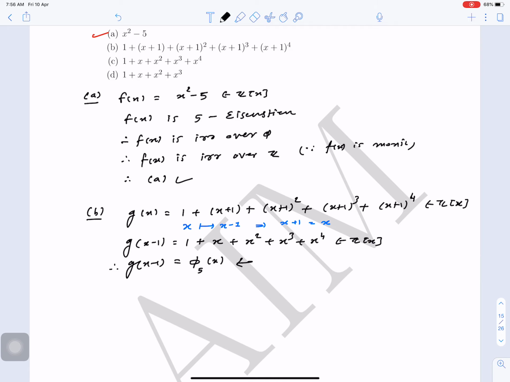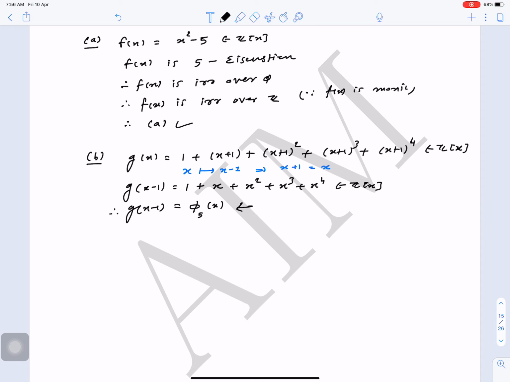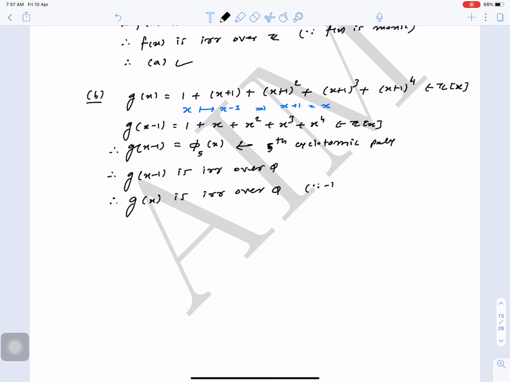So phi(x) is the fifth cyclotomic polynomial, so it is irreducible over Q. Therefore g of x minus 1 is irreducible over Q. Therefore g(x) is irreducible over Q. Why? Because minus 1 belongs to Q